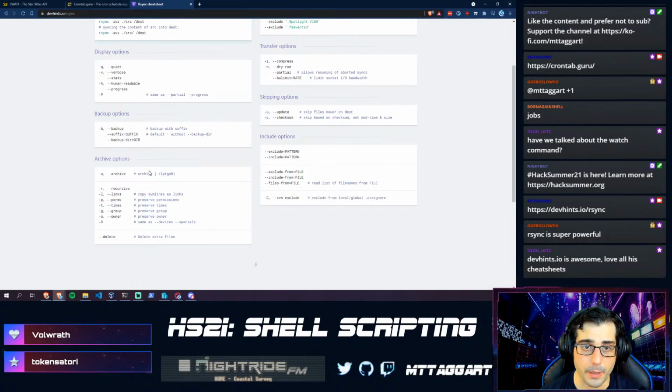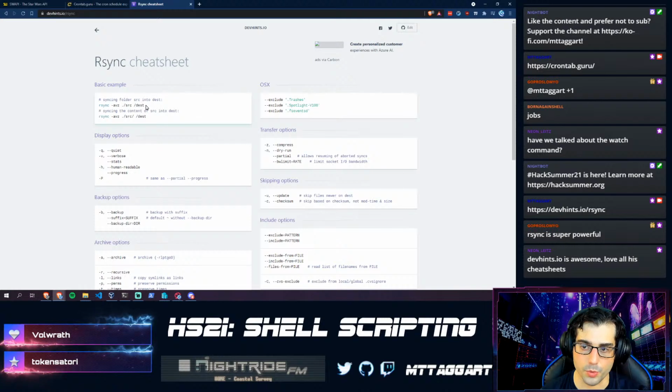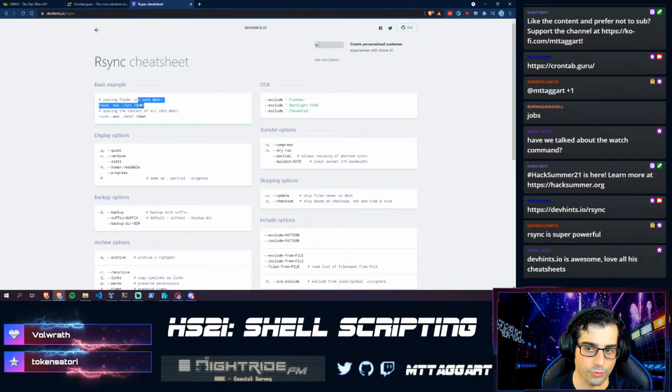Okay, so let's play with rsync a little bit. What we're going to do is basically just do rsync -avz source destination. And you can write this command right into the cron job. You don't have to write it as a script, but you can write it as a script, right? So you could write a log someplace if you wanted to. Cron logs itself.